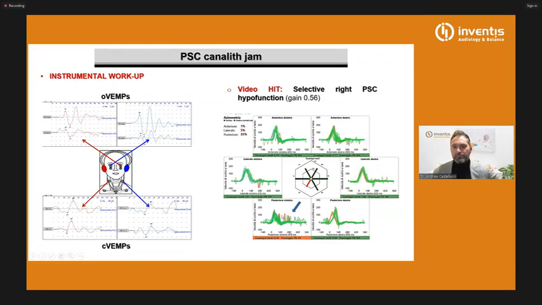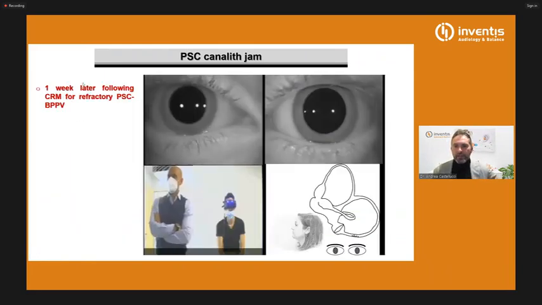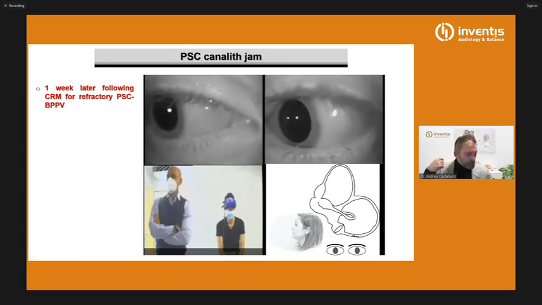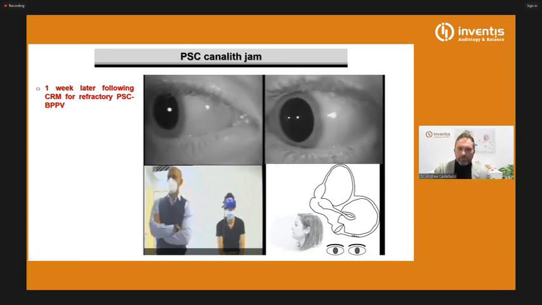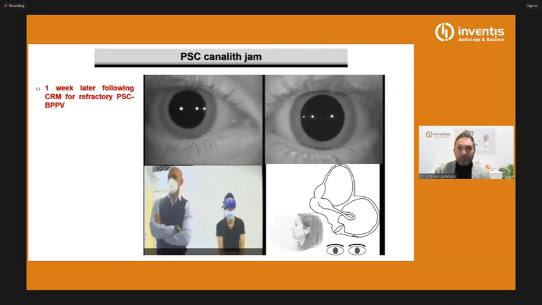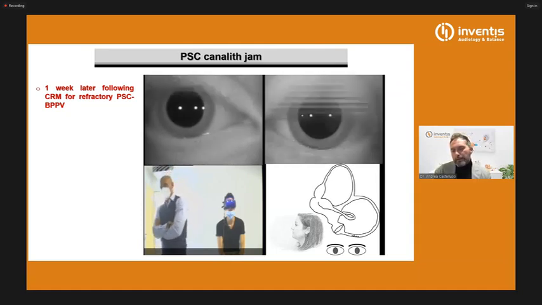So we had a left posterior canal gem, and my friend tried to use canal repositioning maneuvers for refractory posterior canal BPPV. So he used mastoid vibrators. He also used the rotatory chair to try to unblock this canal gem, and actually, this is what he found